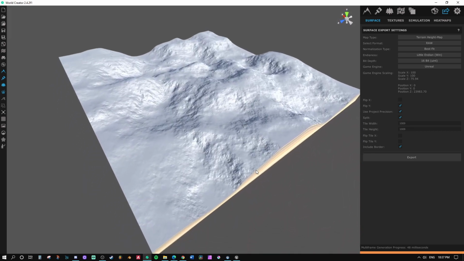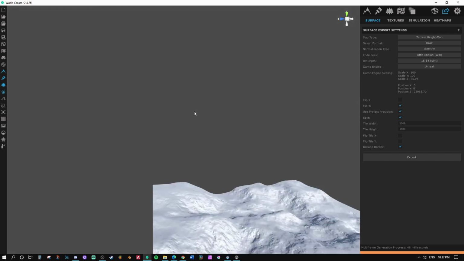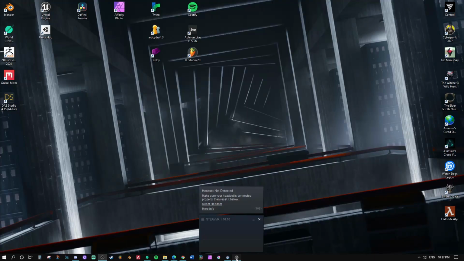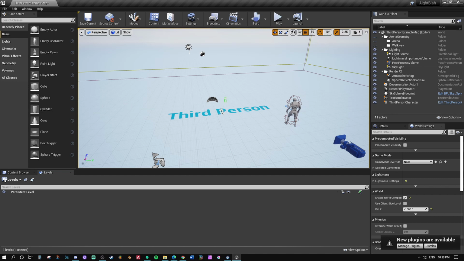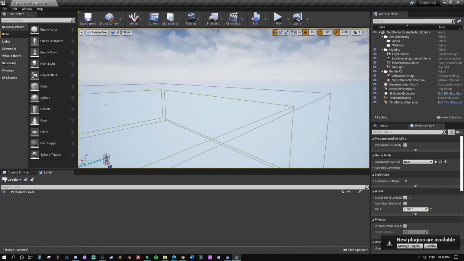Now, large terrains are going to take a while. The one I'm trying to get to takes about 20 minutes to import or to export. Importing it in Unreal causes everything to crash on me right now, so I gotta figure that out. Hence the smaller terrains. So anyway, we're done here. World Creator is done. Now we can move on to Unreal, and here I've just created a basic third-person game